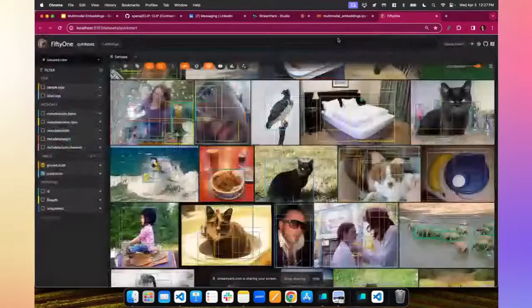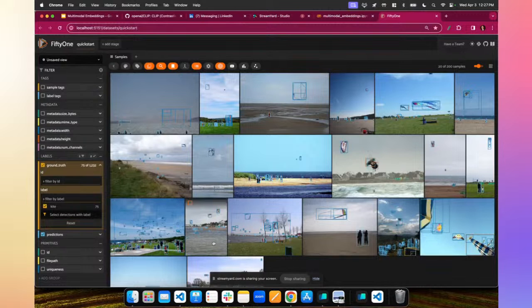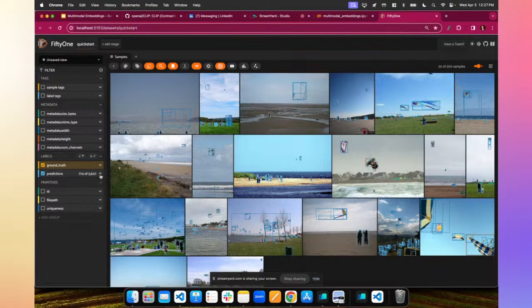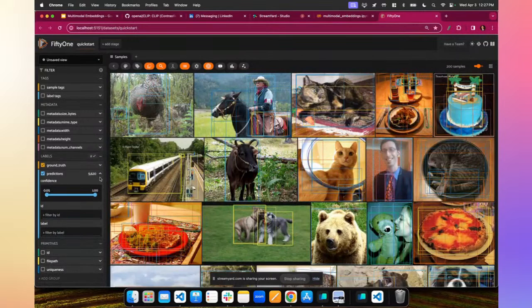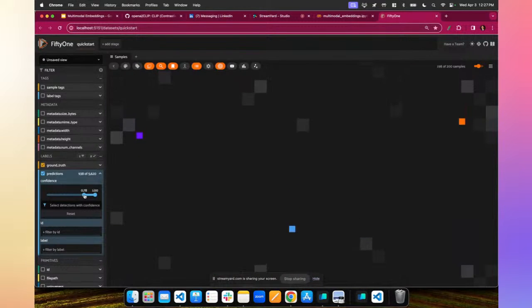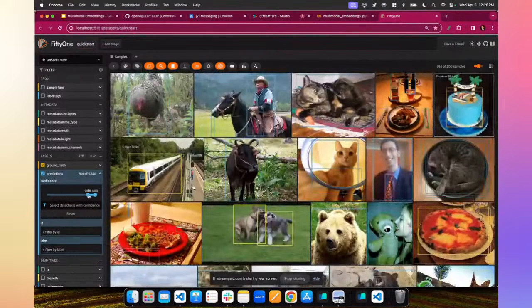So here, let's say we want to filter for just things that have a ground truth label of kite. We can do that, and now we see all of the images that had a kite in them. If I reset this, here we can see all of the predictions that had high confidence, for instance, because there are a lot of predictions in this quickstart dataset.